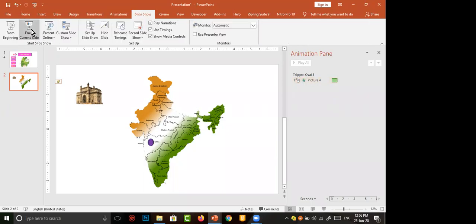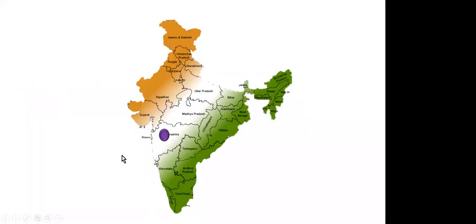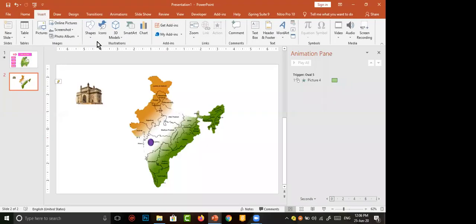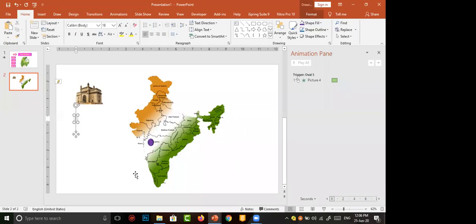Slideshow. From current slide, I'm going to click on Maharashtra. So the picture only is coming. I think it is not enough. If you want to add some name for it, you can add the name in shapes or in a text box. This time select text box.